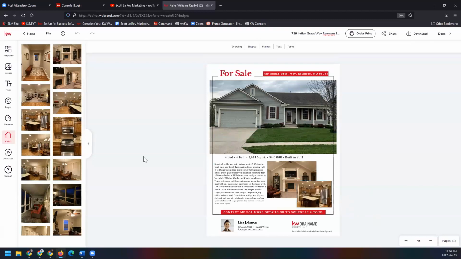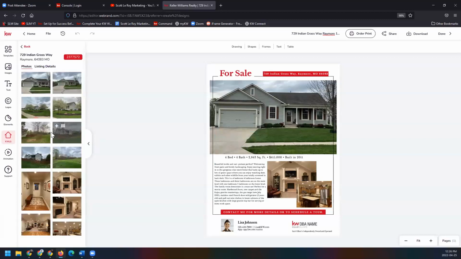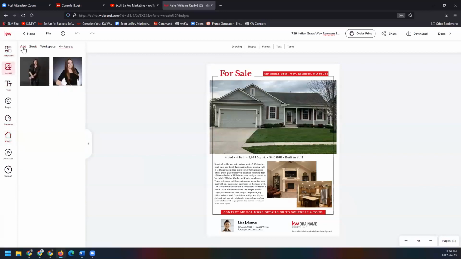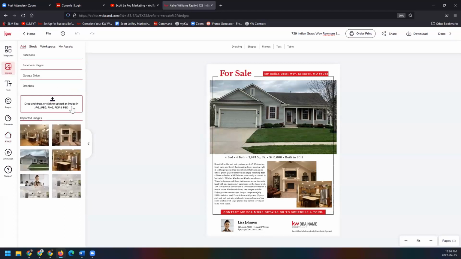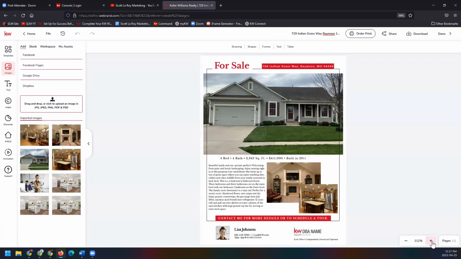Now, the fourth way to add in a picture is if you don't have any photos pulling in from KWLS, you can go to this Images tab, then add straight from your computer. So different ways to do the same thing. Now I'm going to zoom back in